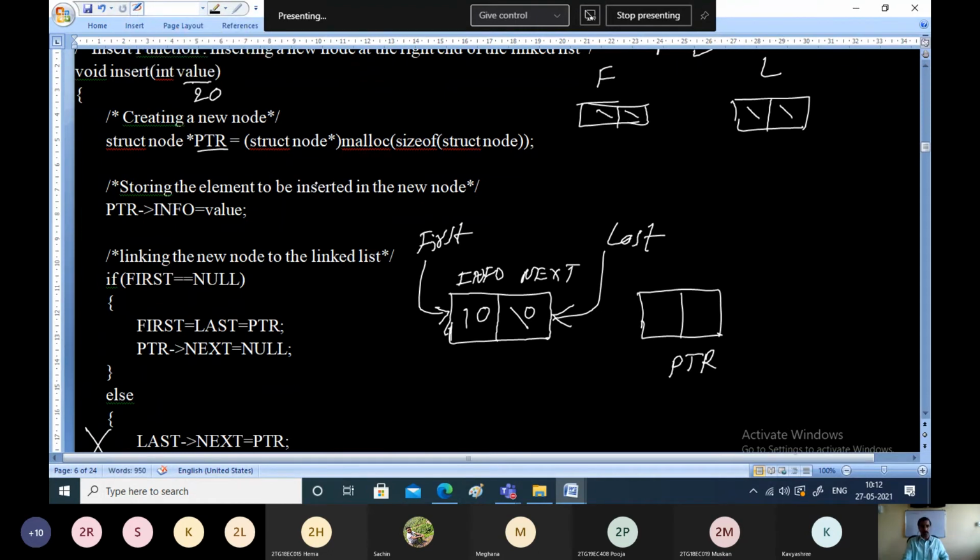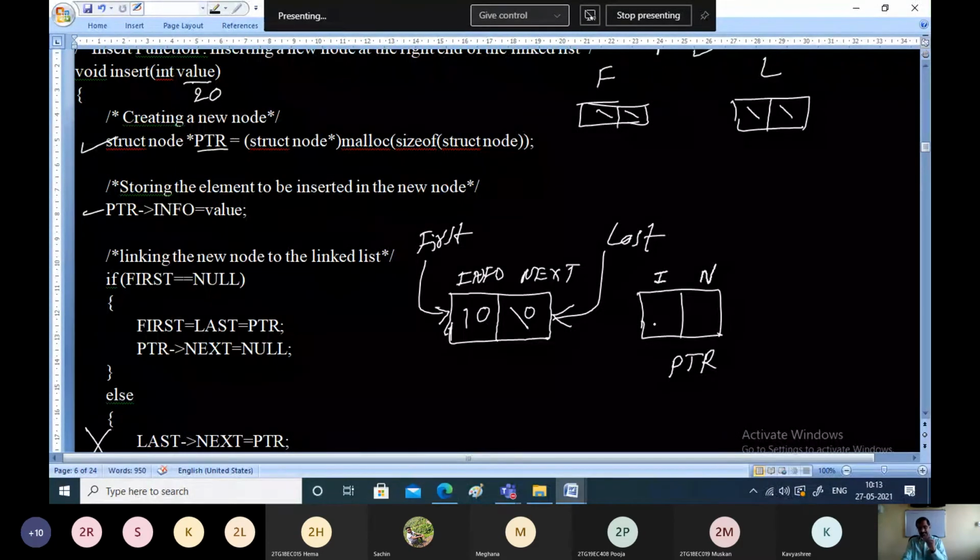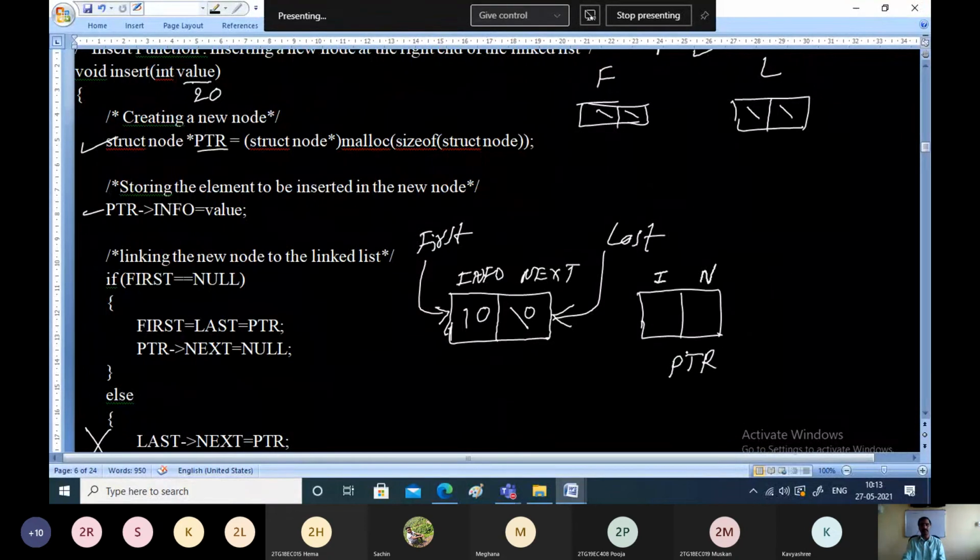So allocate memory for that. Memory gets allocated successfully, so this line is over. Next, whatever element you want to store, store that in the information field of the PTR, because PTR consists of two fields, the information field and the next field. So which data are you storing now? 20.